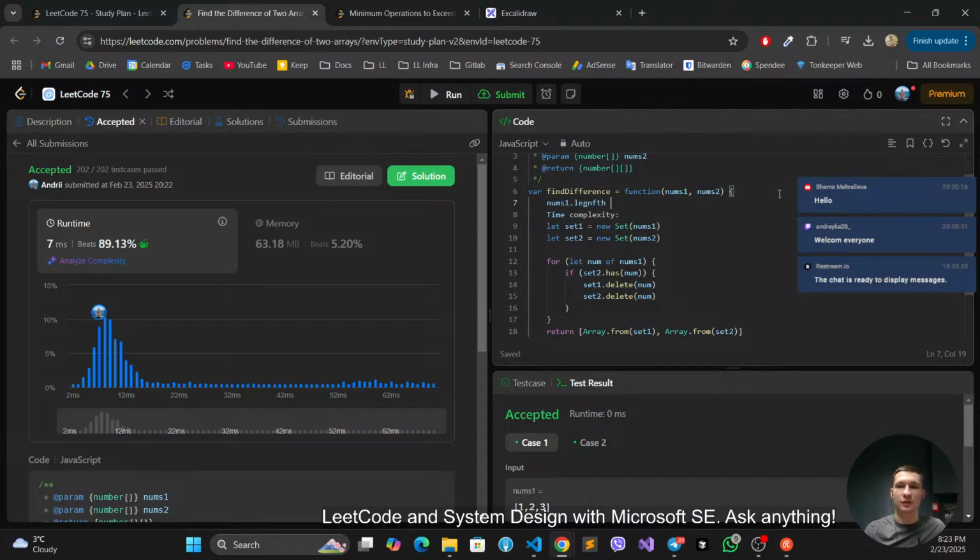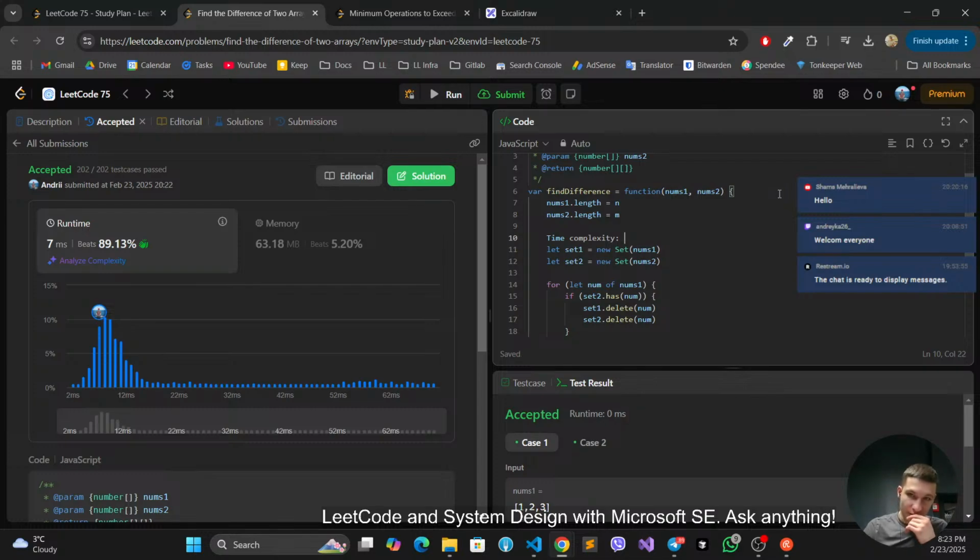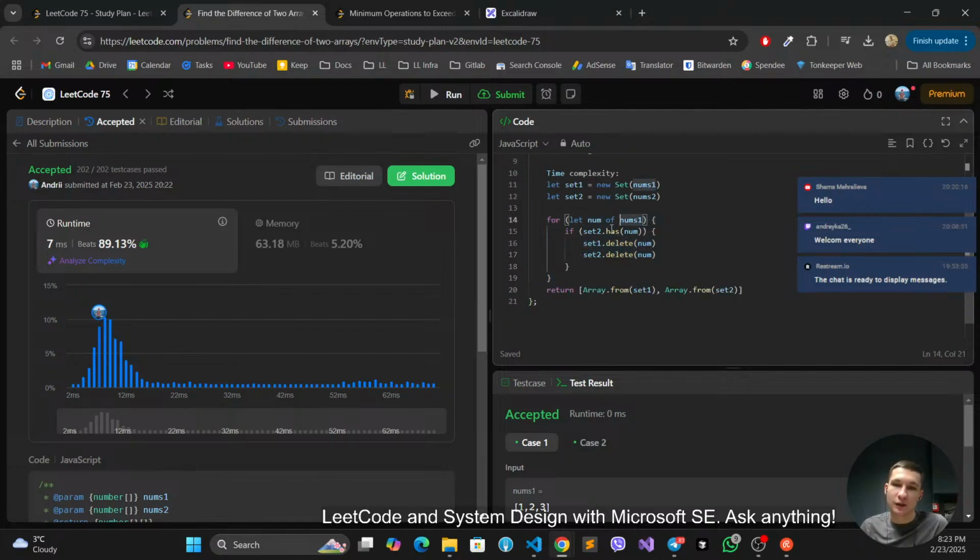nums1 length is n and nums2 length is m. In this case, the time complexity would be: first we're traversing n by creating set 1, then we're traversing m by creating set 2, and we're traversing n again here, and delete and has operations for the hash set or hash map are constant. Also, we're traversing it once more due